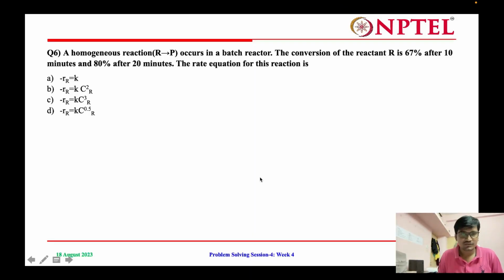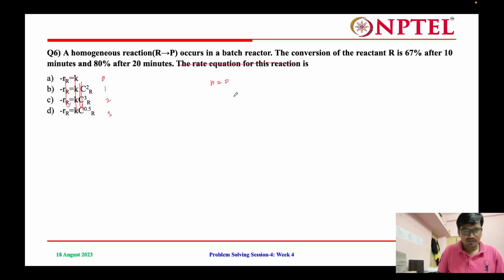So in this question, I have to calculate the order of reaction, like 0, 1, 2, 3. So here conversion is given as 67% after 10 minutes and 80% after 20 minutes. So I have to calculate the order of reaction. Starting from n equal to 0,